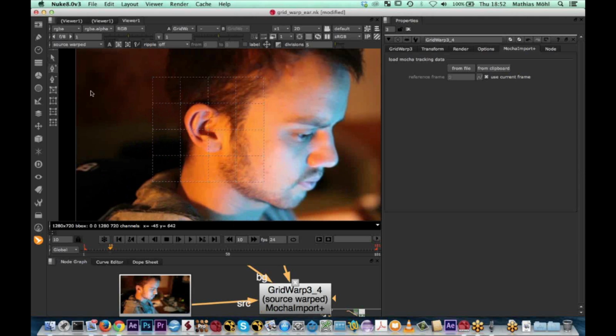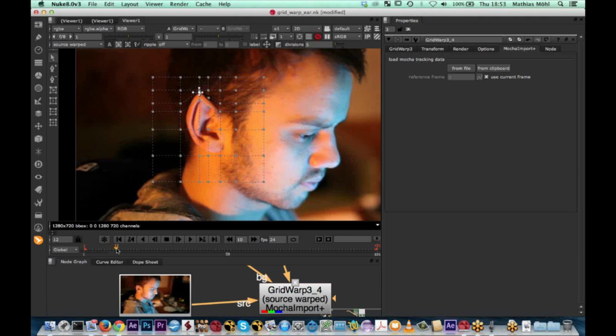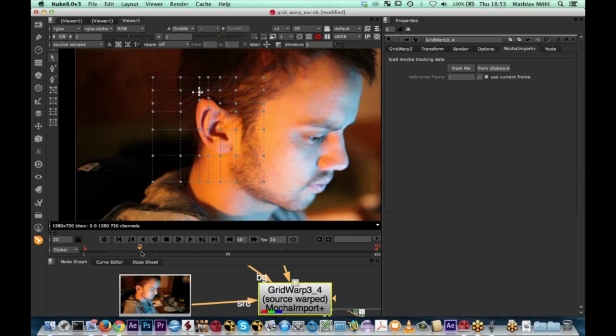And now we can start fine-tuning this grid by saying let's add some line here and some line here, and maybe this is good enough. Or actually I need some more points here. So like this. And now I pull this up a bit. And if I feel even later I need some more lines, no problem, I can add those. Let's say this is the result we are going for. Now so far we haven't applied any tracking data yet. We are at frame 10, and if I move away from this, our warp changes,